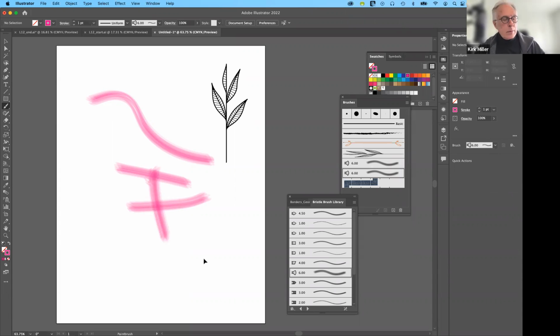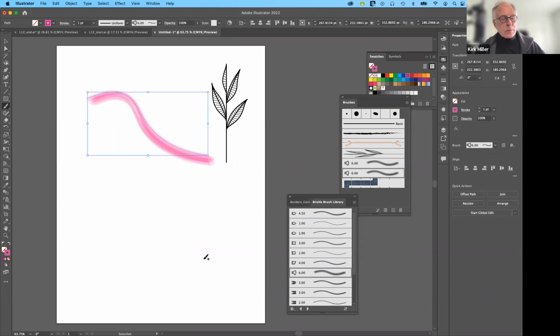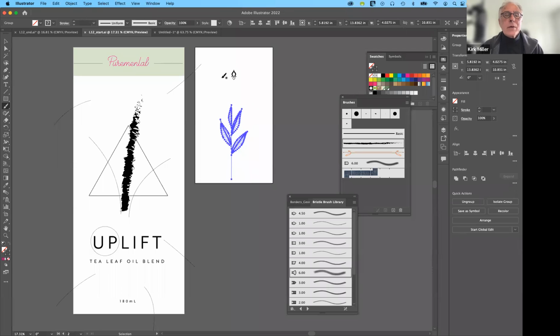Okay, so that's the next one. And we have lots of examples of bristles that you can pick from. The next one is a pattern brush. Now, pattern brush, what you can do is, and I'll show you what we're doing with the start file here, is that we do need to take